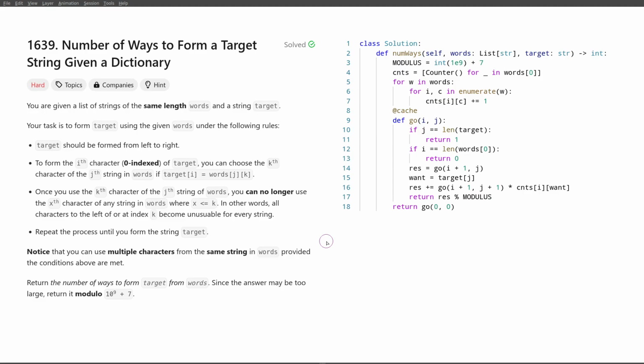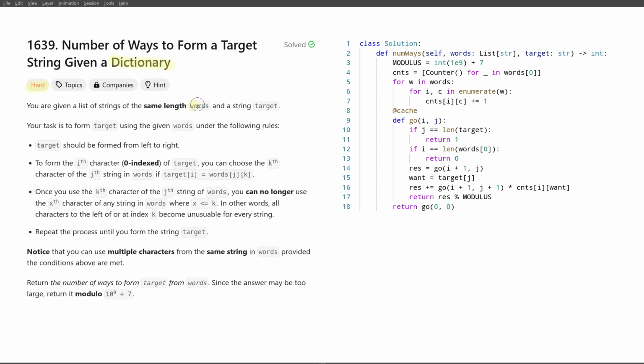Hello everyone, today we'll talk about the solution to the problem number of ways to form a target string given a dictionary. This is a problem that's classified as hard. You also have a pretty long statement, so it might be overwhelming at first. And the key thing that you should notice to actually make this problem seem much easier, and in fact be an instance of a much easier problem, is to notice that while we have a dictionary, so we have some